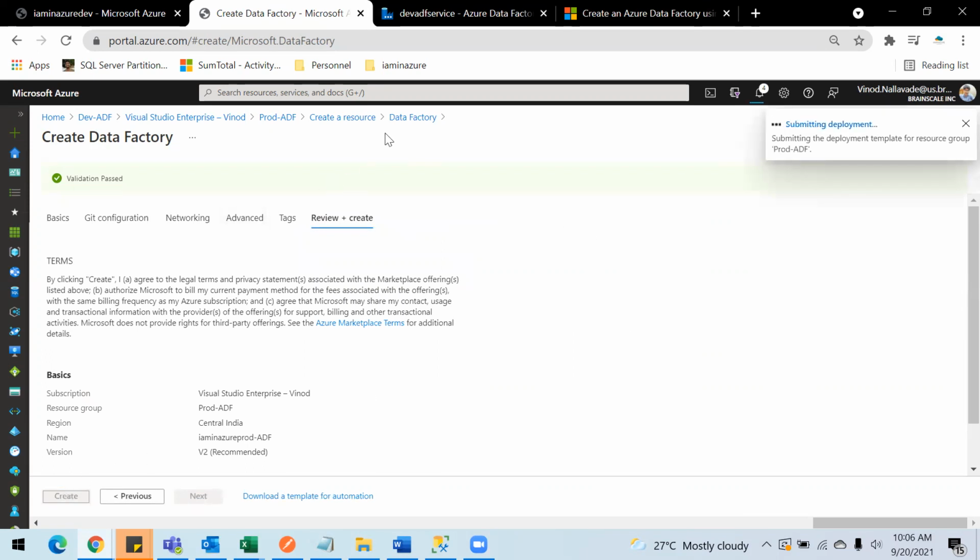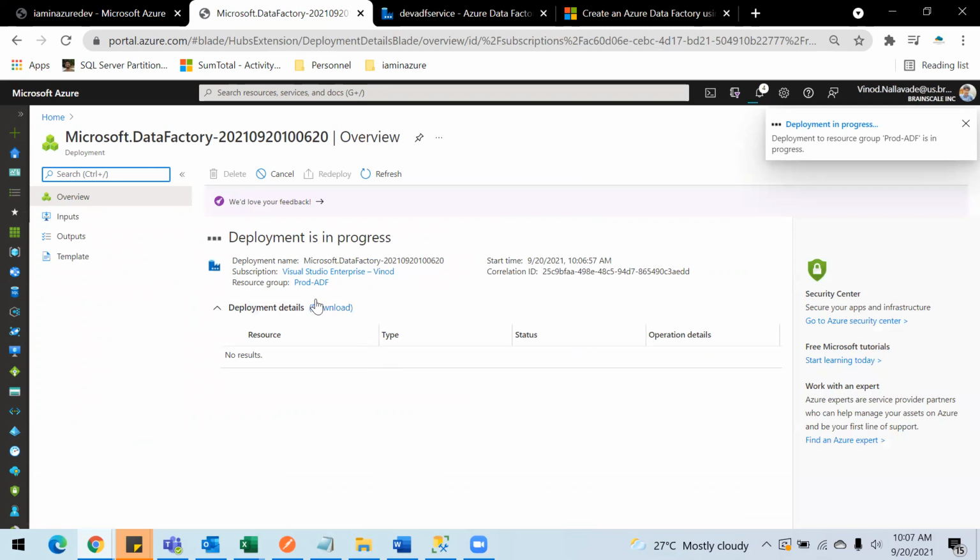So this will create an ADF service in my prod resource group. And apart from this, I need a storage account as well. So let's give a minute here to create this service first. Once we have this service, we can create the storage account in parallel, and we can then export the ARM templates from the existing ADF service, and we can import it inside this ADF service.